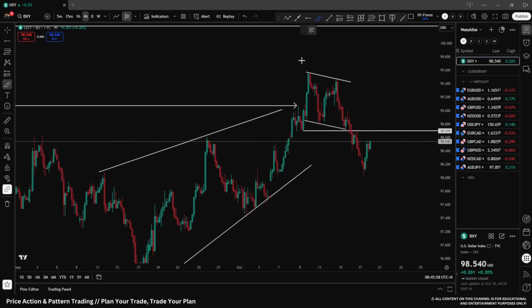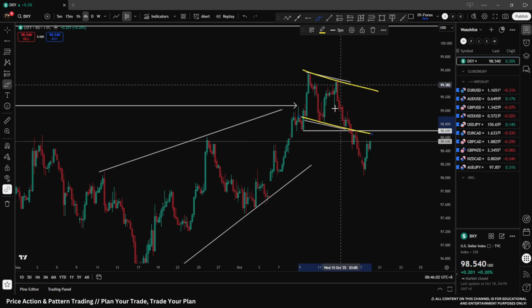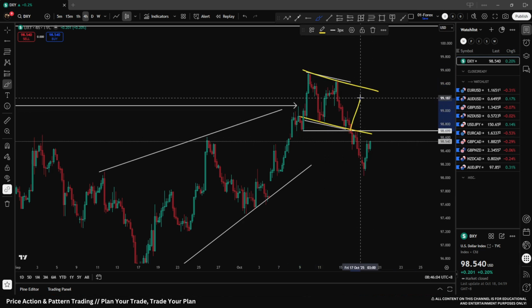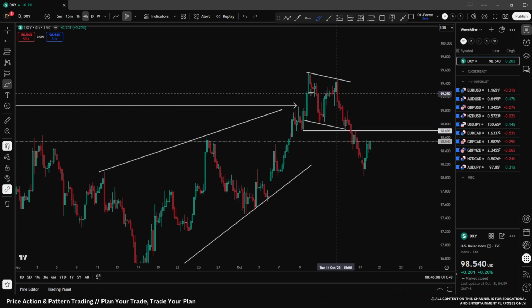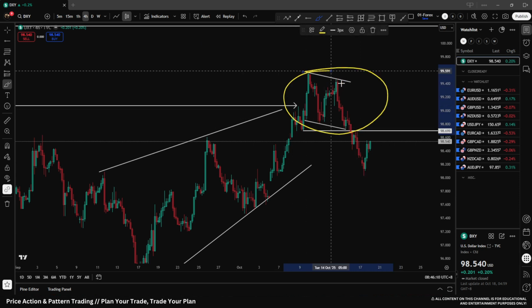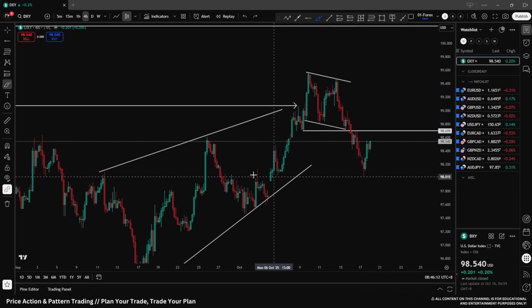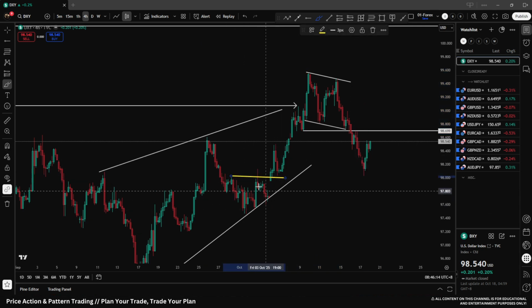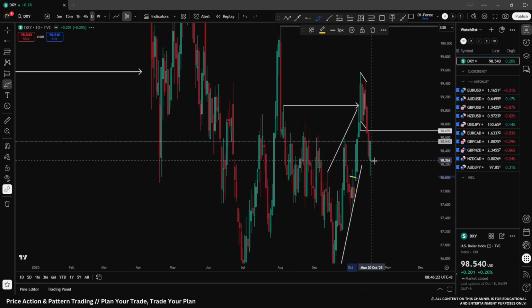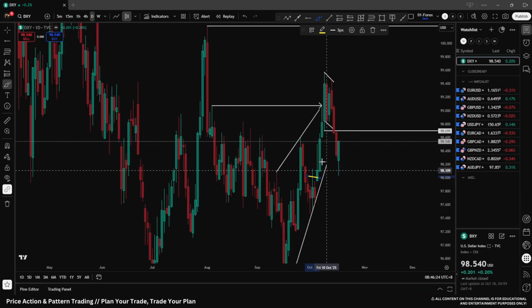So we are looking here on the DXY on the 4-hour time frame. We had this bullish structure here. We were looking for a continuation in this area, but then price broke out of the structure. So ultimately this structure failed and then tapped into this area here to the left, and we saw a fairly aggressive reversal and bullish reaction here on Friday. Then again, this was just one candle, but we closed strong.